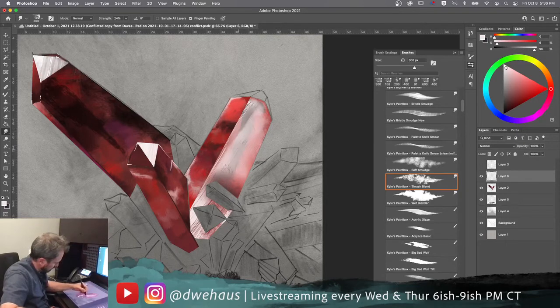I want this to be really kind of smooth. I think I want to come back and deal with that bottom section later, but for now,